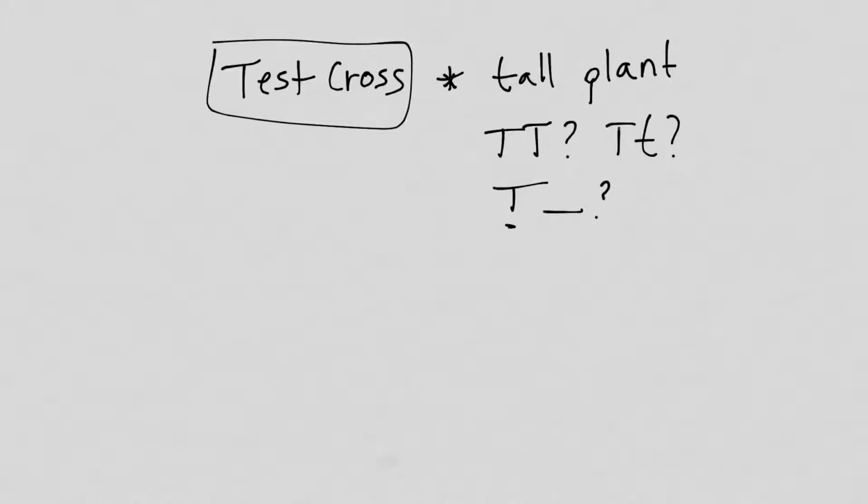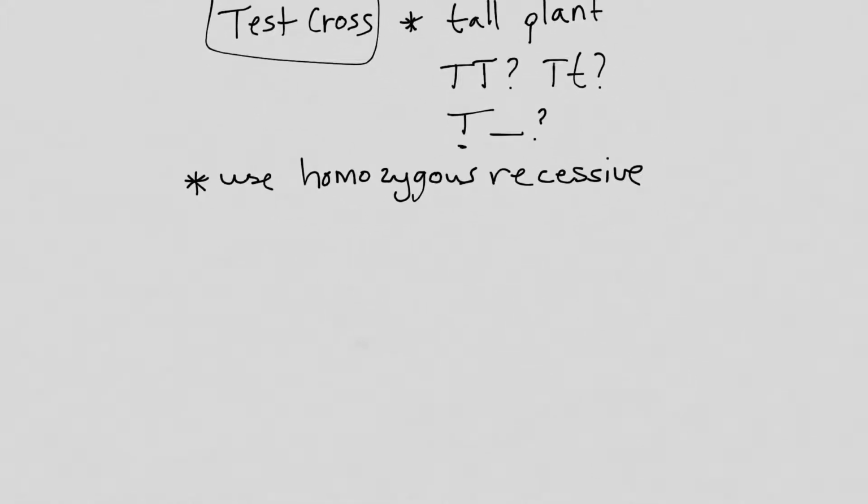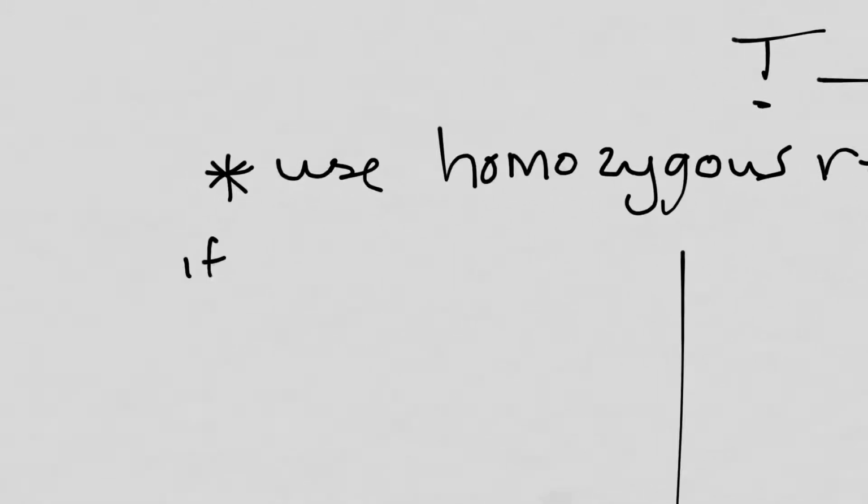There's an easy way for you to determine if something is homozygous or heterozygous. You use a homozygous recessive, because that is the only thing that you 100% know the genotype. The only way you can get a recessive phenotype is if it's homozygous recessive. So you cross it with a homozygous recessive organism. There are 2 outcomes. If the organism that's unknown is homozygous